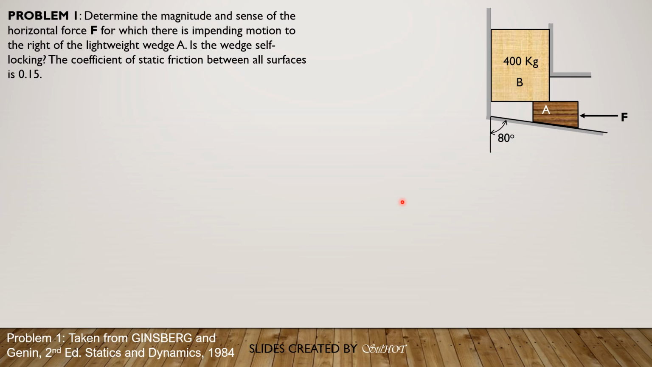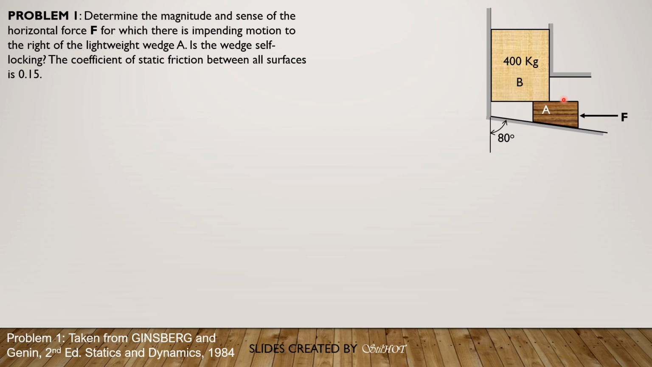So to proceed to the analysis, we have to draw the free body diagram of the 400 kilogram block. Remember that the condition is so that there is impending motion to the right. So if this is impending motion to the right, then the friction force between the contact surface of block A and block B would be to the left, and at the bottom also would be to the left. So considering that